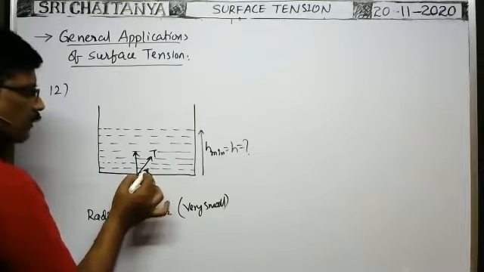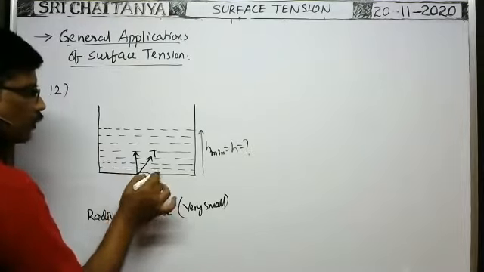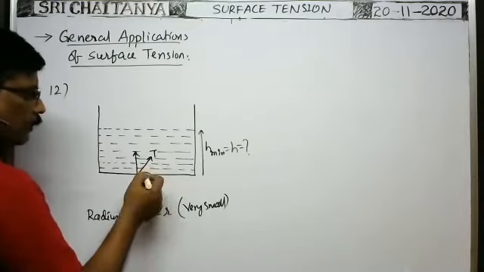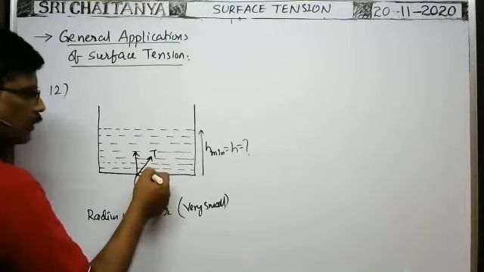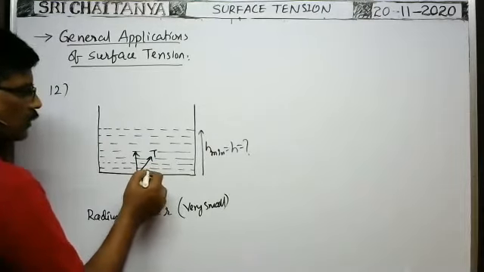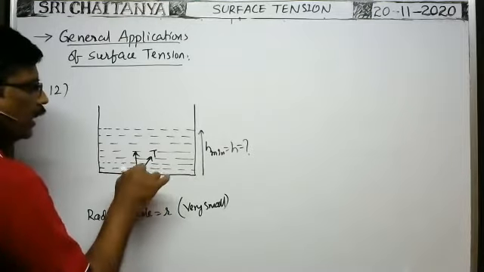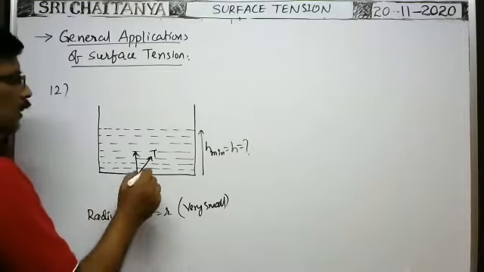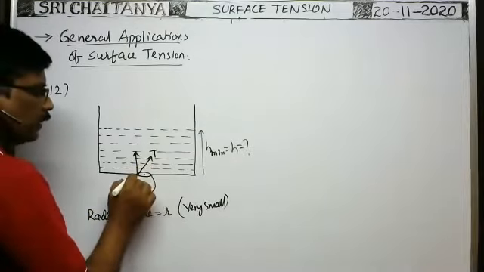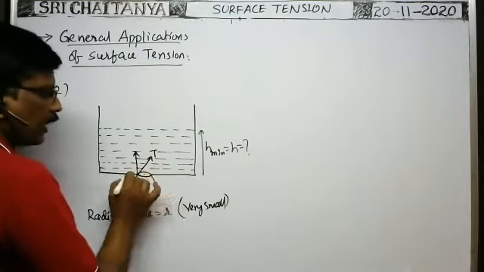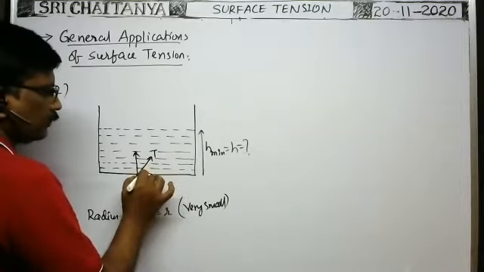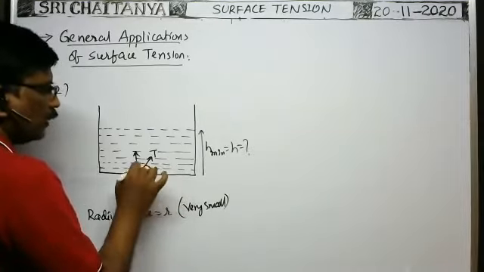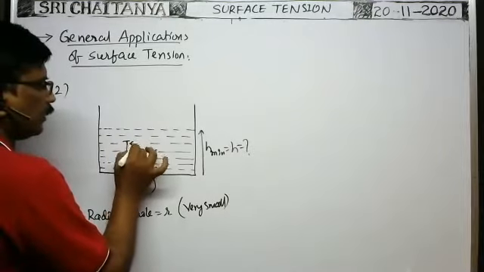Horizontal components of the surface tension here and here are exactly in opposite direction, they cancel. Similarly, at exactly opposite, diametrically opposite points, the surface tension components will be cancelled. Only along the vertical direction does a component of surface tension exist. Okay, suppose the angle made by the surface tension with this horizontal surface is say theta. This is say theta. Then this component becomes T sin theta.